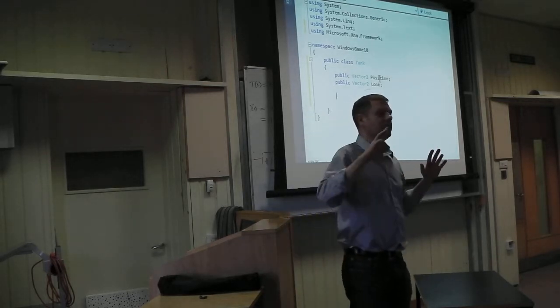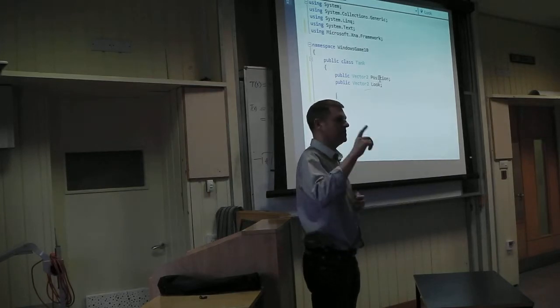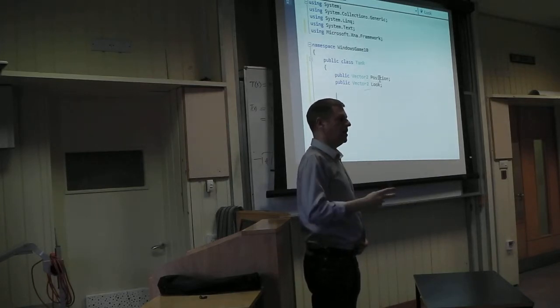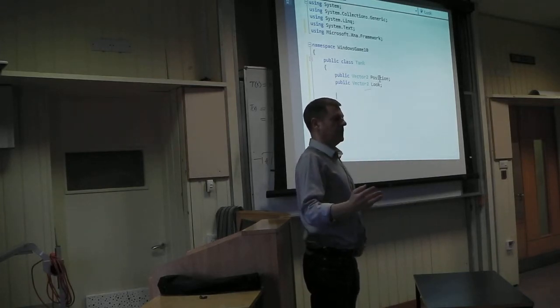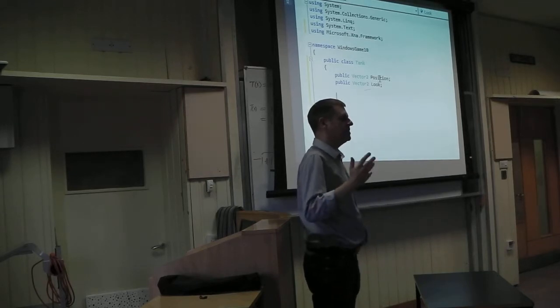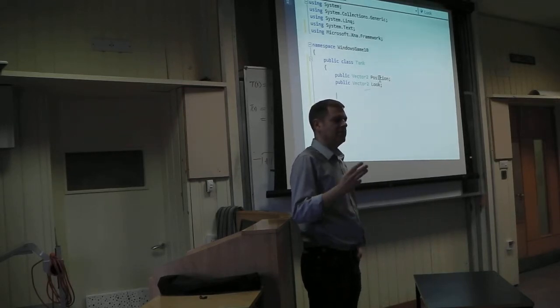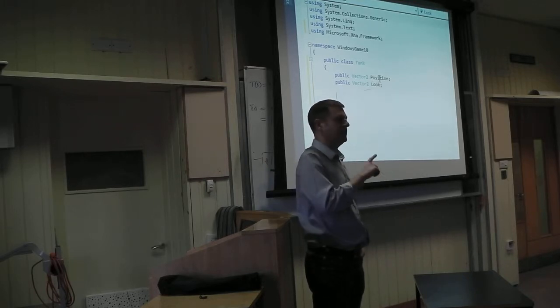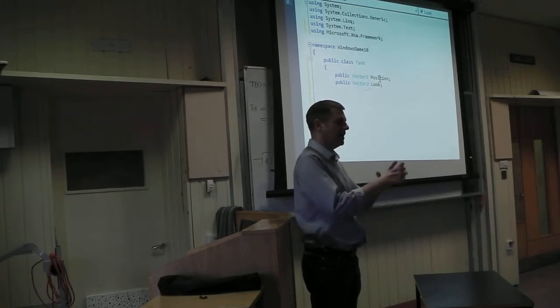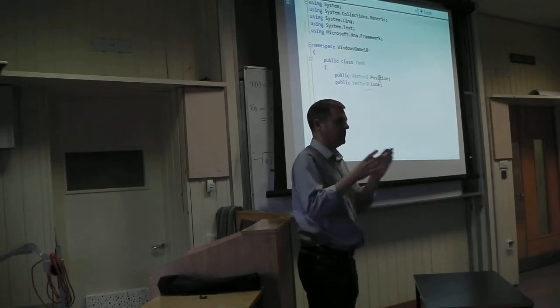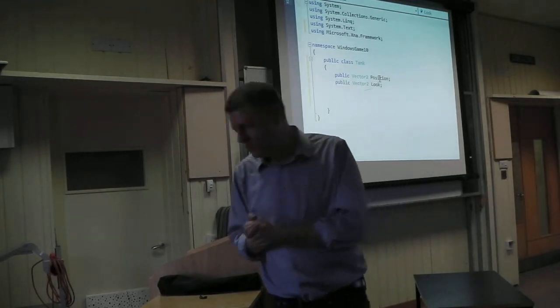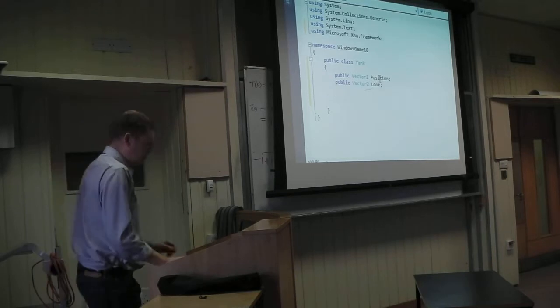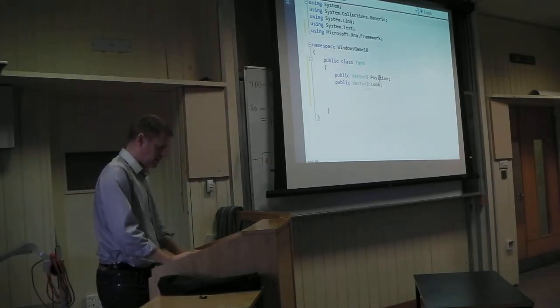In XNA, we've got four core methods. There's initialize, there's load content, there's update and draw. So I think it's a good idea that absolutely every object in my game implements those four methods. Alright, so a tank can update itself, a tank can draw itself. And then anything else the tank needs to do, like shooting and stuff, that's going to be specific to the tank. So what I'm going to do is I'm going to put in a, because the tank needs to load